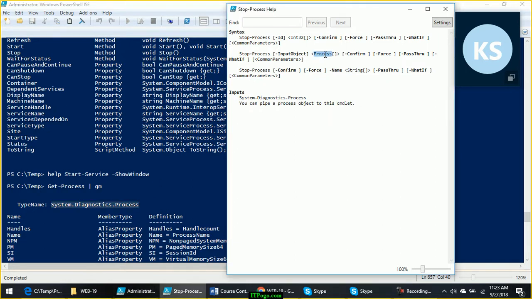You can also take a look at the input object. The input object required by stop process is a process object, and get process is also producing a process object. So everyone, are we all on the same page, or did I leave anyone behind?